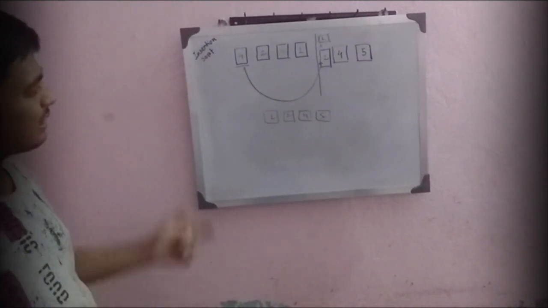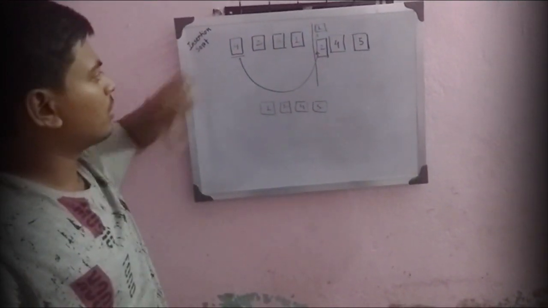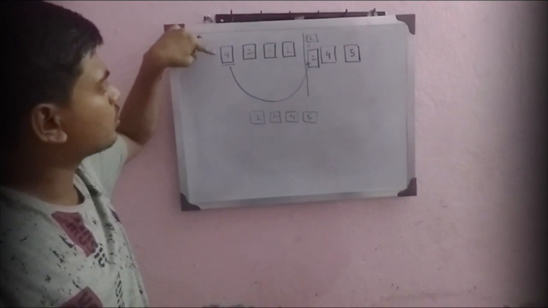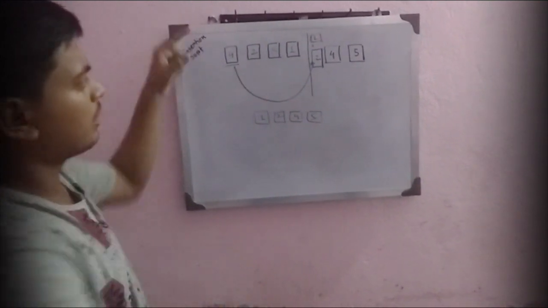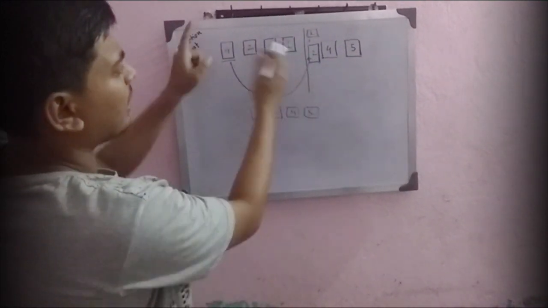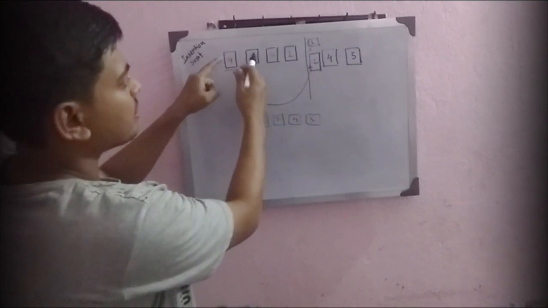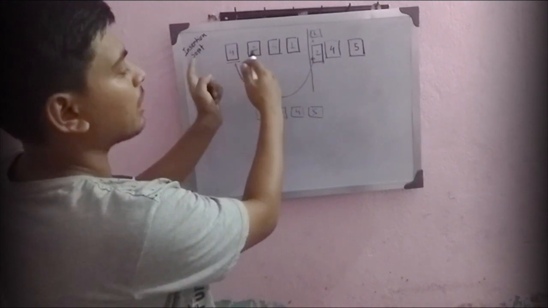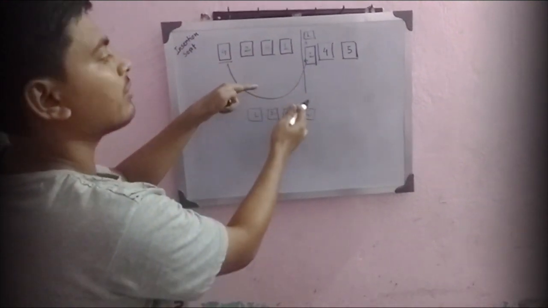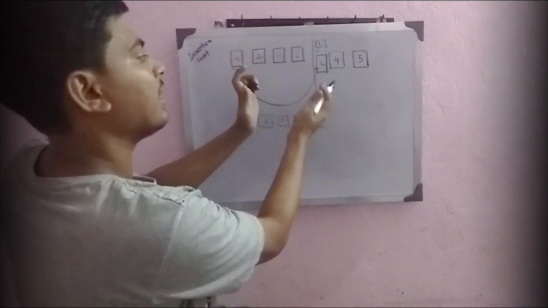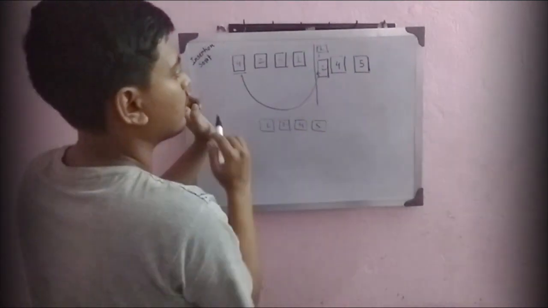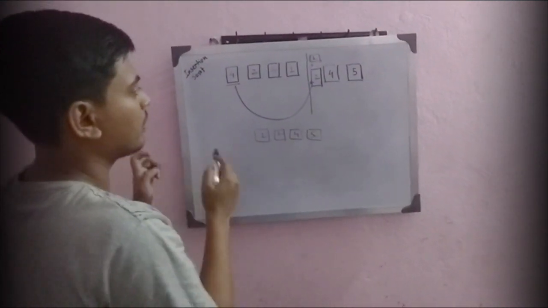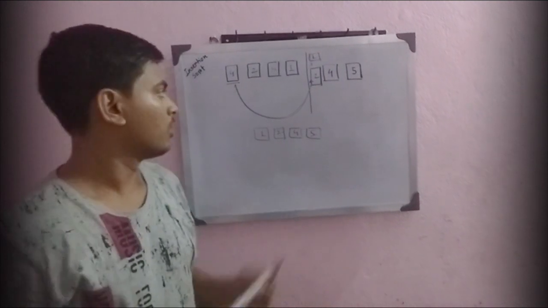So we take a variable which stores the element and moves it to the right, and another variable which moves to the right and compares with the previous element. If the current element is greater than the previous element, then keep it to the right, else move it to the left of the previous element. Okay. So let's discuss the code of this algorithm.